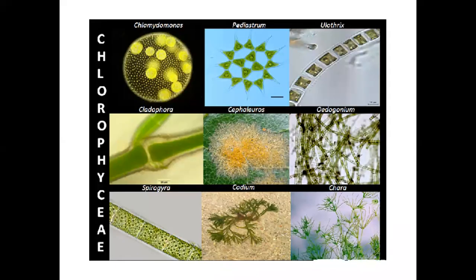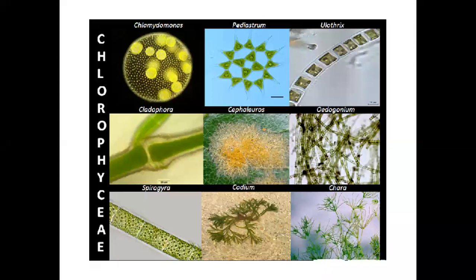Now, coming to the next category, our last category, that is green algae. Green algae is also known as Chlorophyta. We call them green algae due to the presence of chlorophyll, which gives them their green color. Some examples of green algae on this slide are Chlamydomonas, Pediastrum, Ulothrix, Cladophora, Cephaleuros, Oedogonium, Spirogyra, Codium, and